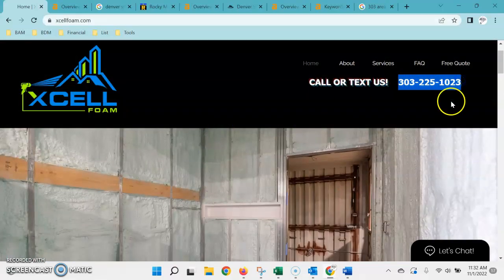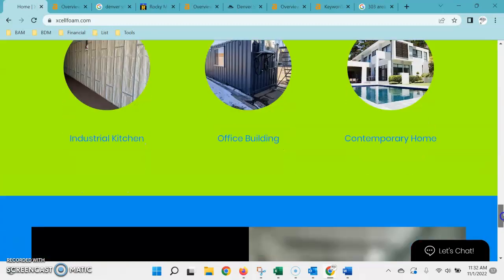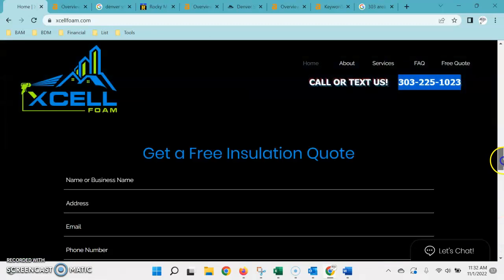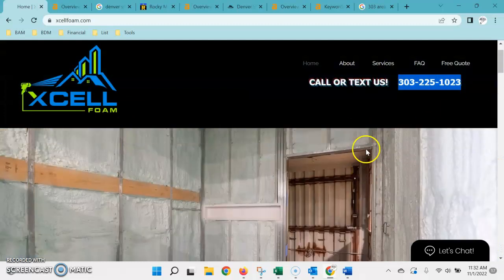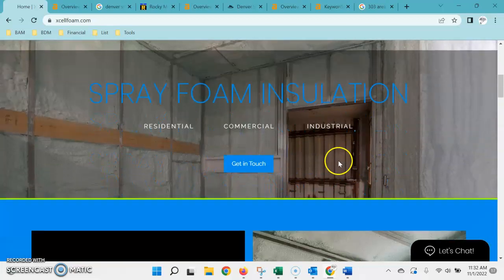The majority of people searching nowadays are using a smartphone or a mobile device. So we want to make sure that your site is mobile optimized. Any kind of phone number or email, we want to make it one click to call, so it automatically puts the phone number into the dialer. Same thing with email. If you do have a form submit, which we usually recommend having, a contact us form, same thing, they can fill it out right at the top of the page and just click one button.